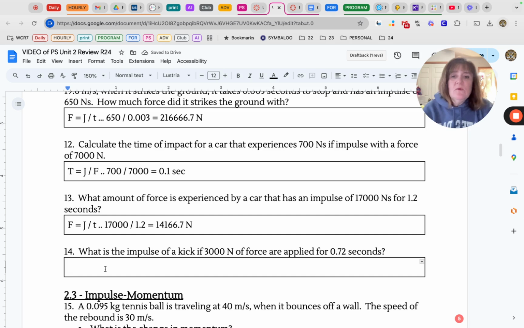And 14, what is the impulse of a kick? Impulse is equal to force times time. Force given in the problem is 3,000 times a time of 0.72. 3,000 times 0.72 is